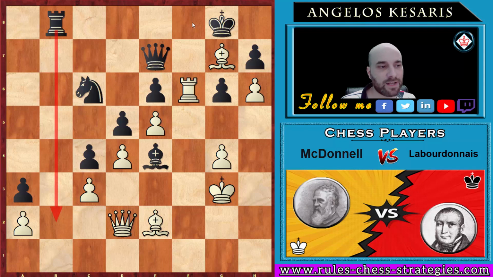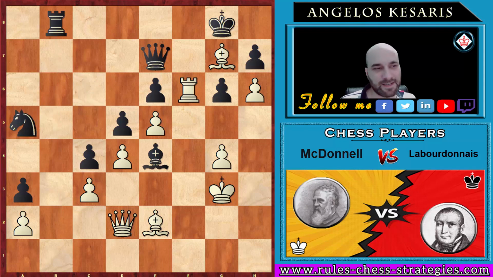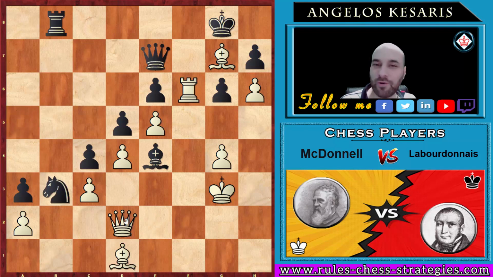So we have knight a5, another very nice and aggressive idea. Try to find finally something for that knight, something useful. We have bishop to d1 and knight b3, as you can see. Now he's attacking the queen and offering a pawn here, offering the knight, sorry, because white can capture that knight,